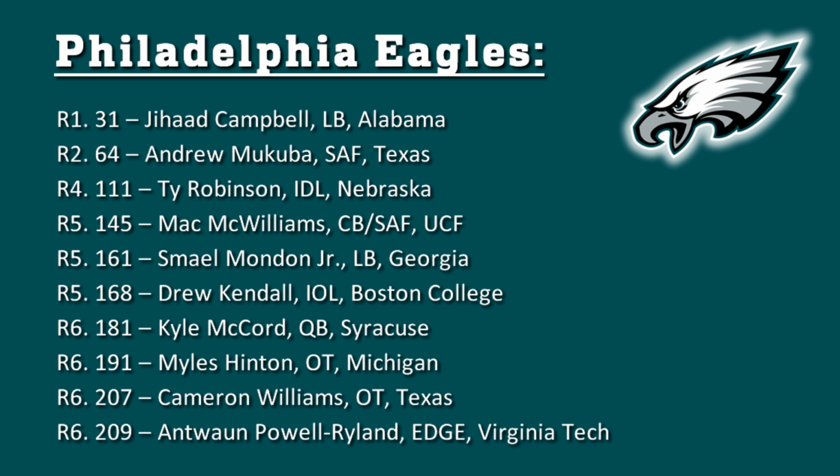I'm guessing foot injuries each of the past 2 years knocked him down a peg, but I viewed this guy as a potential starter at the next level, and at worst, should be a high value package player for Philly, where they can deploy him as a matchup piece against teams with a great receiving tight end, who they move around the formation. Next is Drew Kendall from Boston College, a little smaller but a super crafty center,